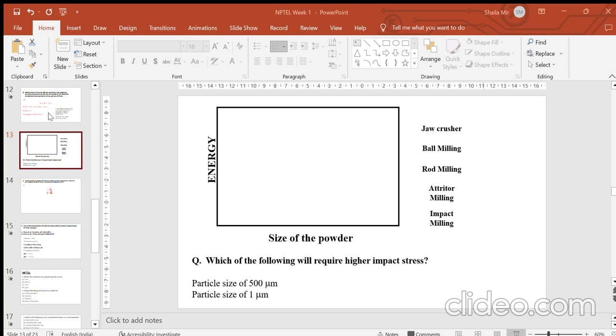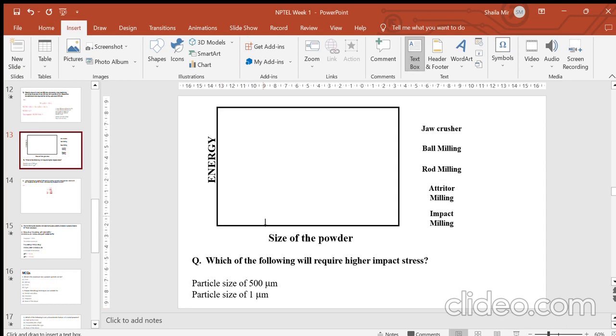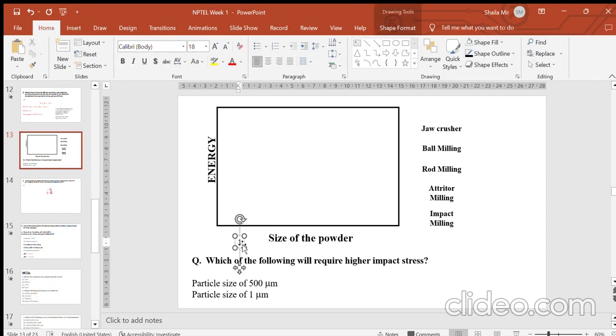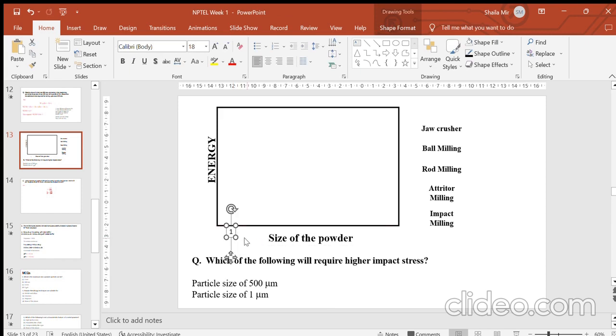So we understood that the lower particle size will have larger impact stresses. Now we have to plot the energy requirement for crushing, for formation of the powders, for milling of the powders, against the size of the powders. And we have to place these crushers and mills at appropriate places in this energy versus size graph,